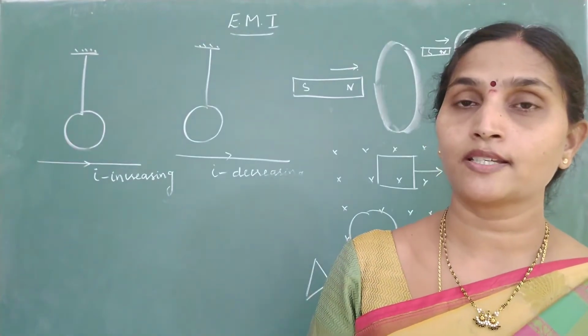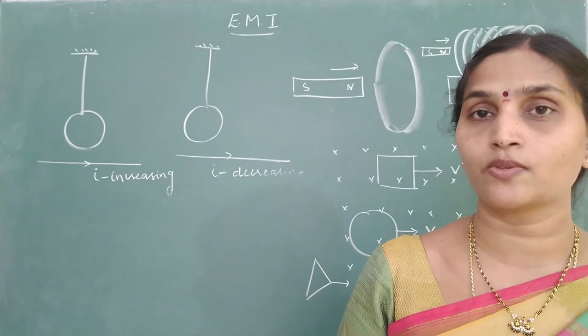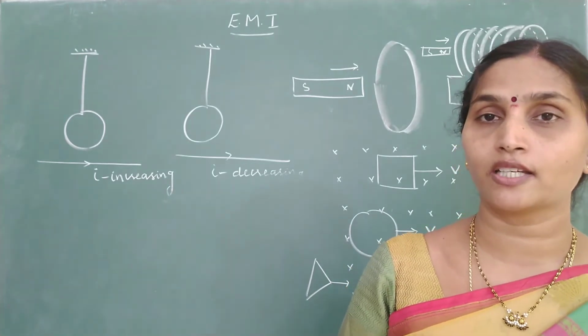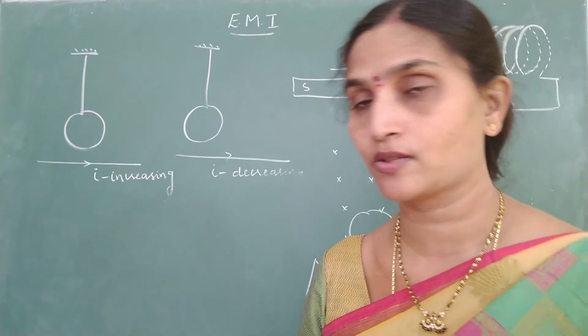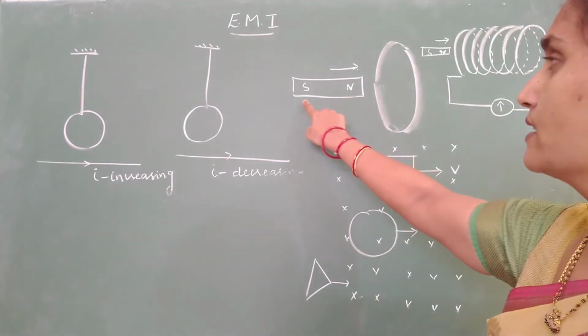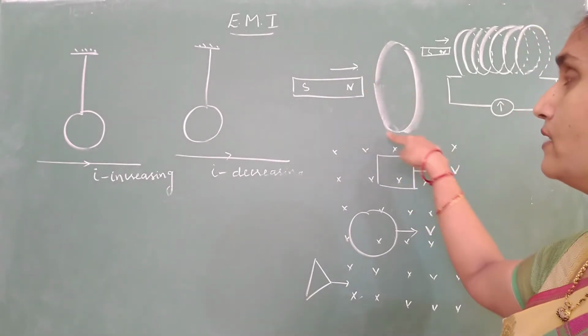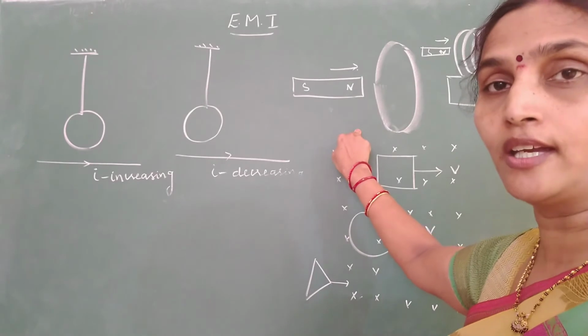Okay, now coming to questions related to identifying the direction of induced current. Okay, in various situations you will be asked to identify the direction of induced current. Let us start with the first question. So look at this arrangement. Okay, the north pole of the magnet is brought close to a circular loop of wire and they are asking you to identify in which direction will the current be induced.